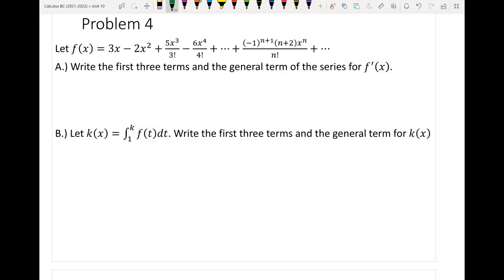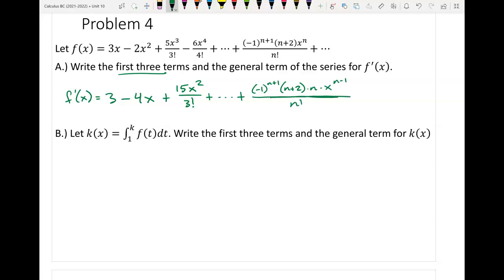So we just need to take the derivative of this infinite series. So f prime of x is equal to 3 minus 4x plus 15x squared over 3 factorial. It only wants the first 3 terms, so I don't even have to do that next one. I'm going to say plus dot dot dot. And let's get over to our next part over here. That's going to be negative 1 to the n plus 1 times n plus 2, I'm going to bring down my n, times x to the n minus 1